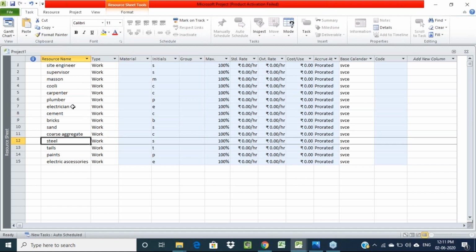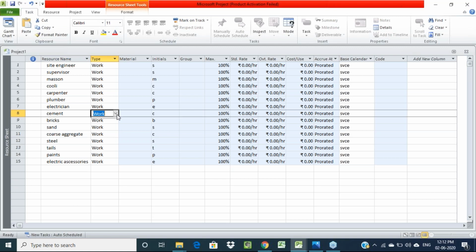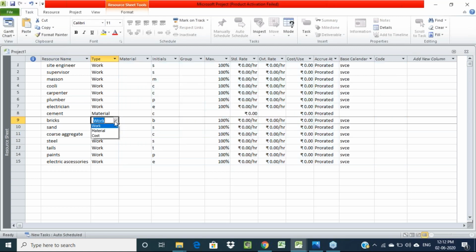In this, we have to select whether it is material or human resource. Work represents human resources, which we measure in terms of work, and materials we have to change to material here. Just click here. Cement is a material, so select it as material.